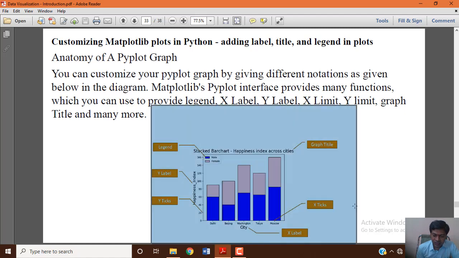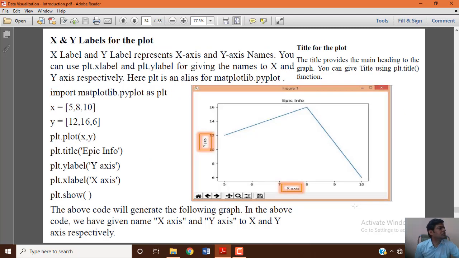Now we'll see x and y labels for the plot, how we can give labels to your plot. The title provides the main heading to the graph. You can give a title using the pie plot interface object dot title function, which will then be printed on your graph.